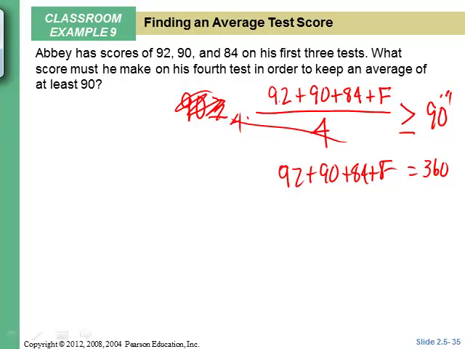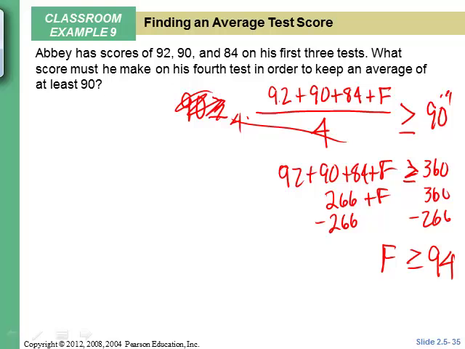That adds up to 266, plus f is greater than or equal to 360. Subtract 266 from each side. And I get f is greater than or equal to